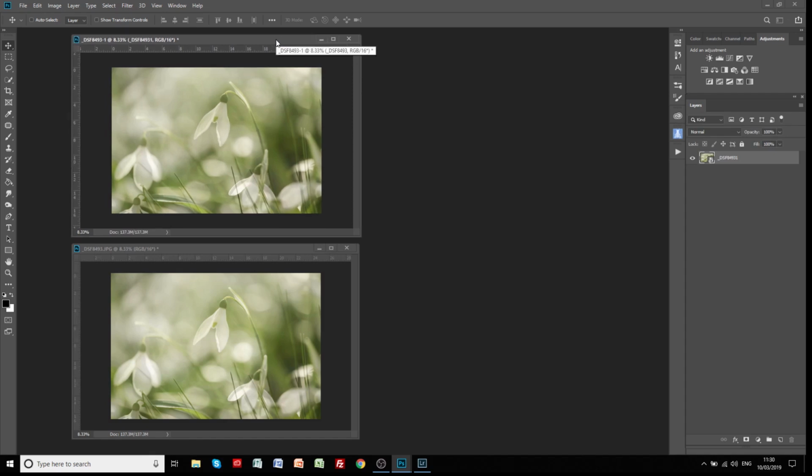Because the smart object just holds data, we can't actually make edits to the image in the same way as we can to a flat file image. Let's just create another layer here. If I want to make some clone changes, anything that is editing at pixel level, so that might be cloning, content aware fills, or dodging and burning, I can't do that on a smart object